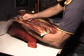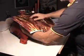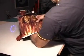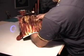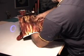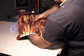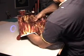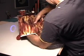Using my one hand underneath, lifting up so I can pull up and out on these creases here as I come across them. In this instance,